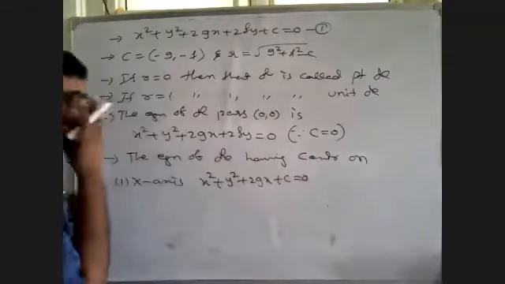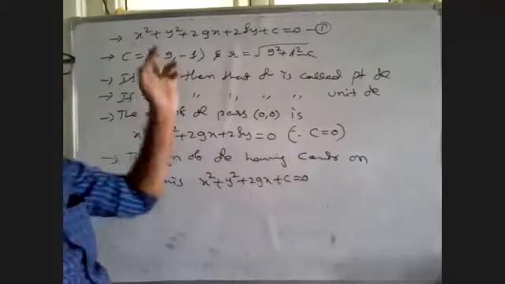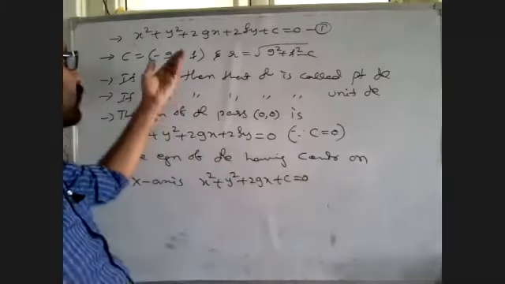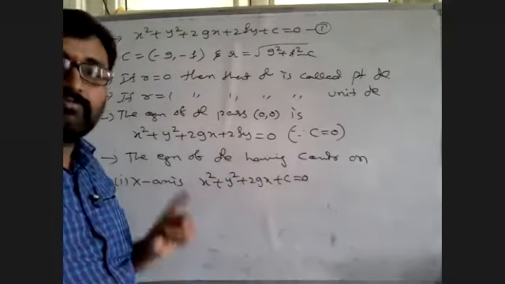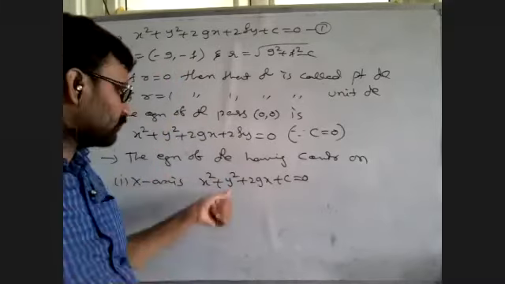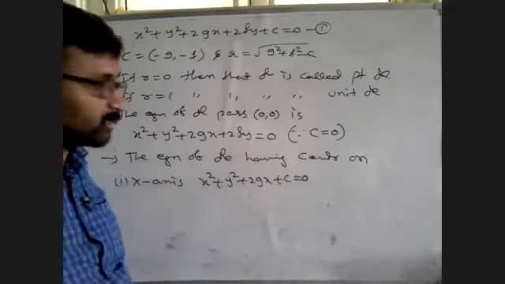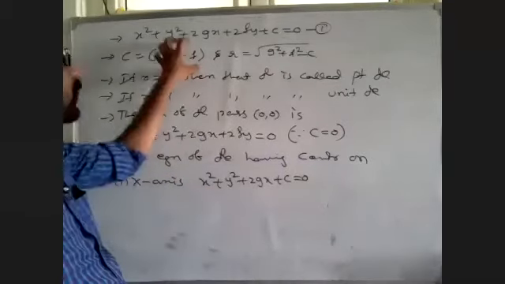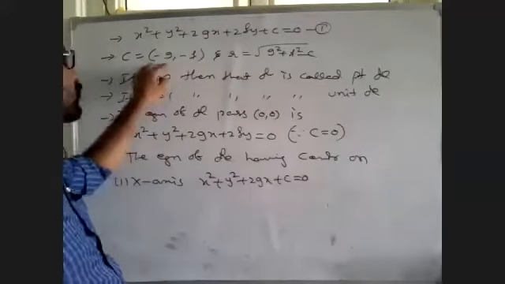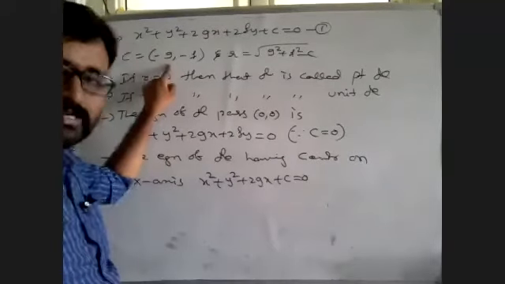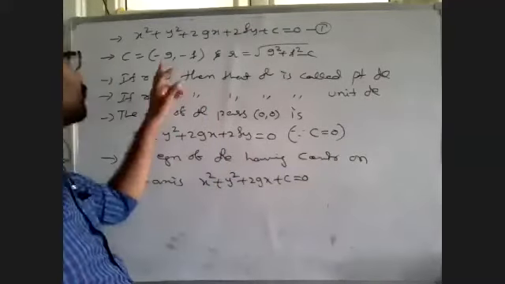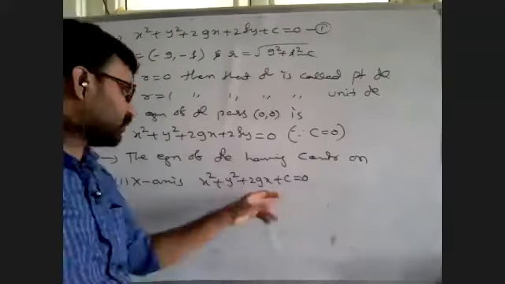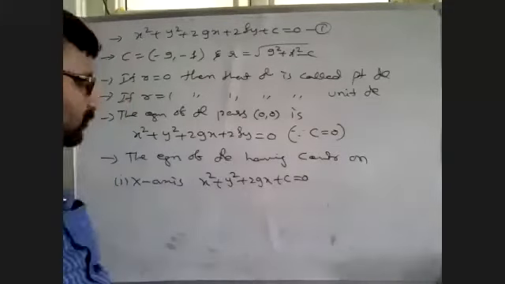There is no f. Why? Because the center lies on x-axis. On x-axis, clearly the y coordinate is 0. Remember, the y coordinate is 0, not y equal to 0; here y coordinate we have to write. From this point, what is the x coordinate? Minus g. What is the y coordinate? Minus f. See, minus f is 0, so the remaining is only minus g. Then you will get x square plus y square plus 2gx plus c.